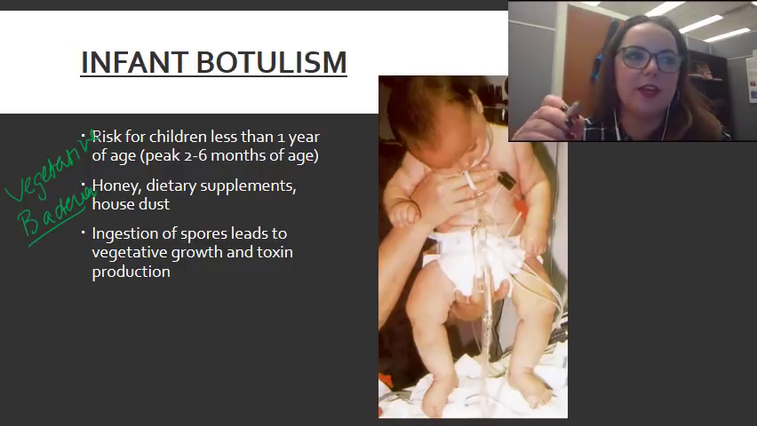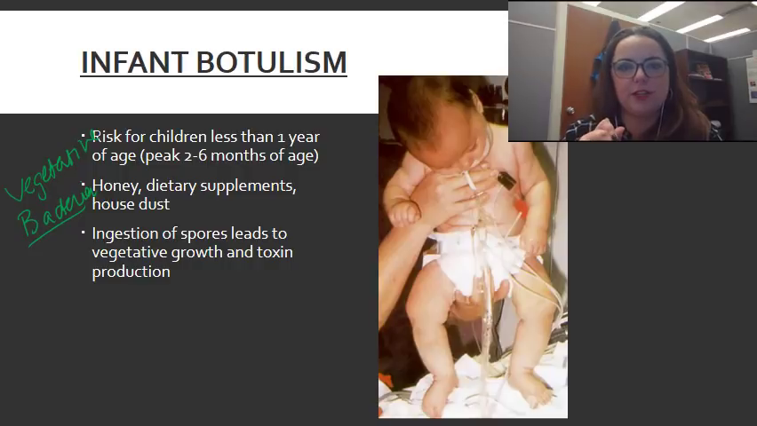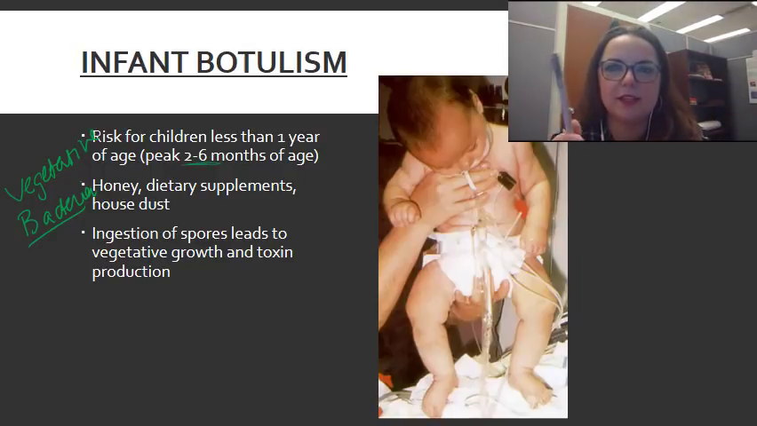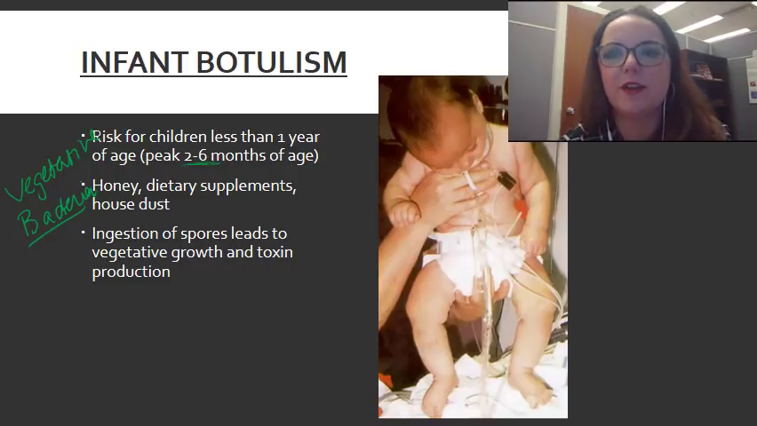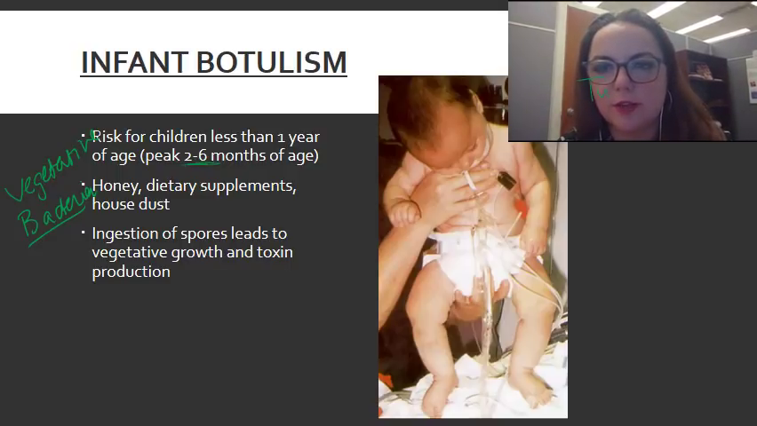So thankfully, this is still a very rare condition in the US. We only get about 75 cases a year, but if you are going to get it, the peak age is 2 to 6 months. Why do you think that is? Well, think about what babies start doing around 2 to 6 months. We have two initiatives right now. One, we have this amazing thing that doctors love to tell new parents to do